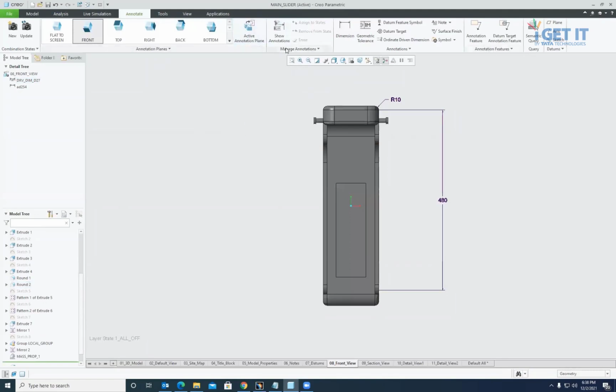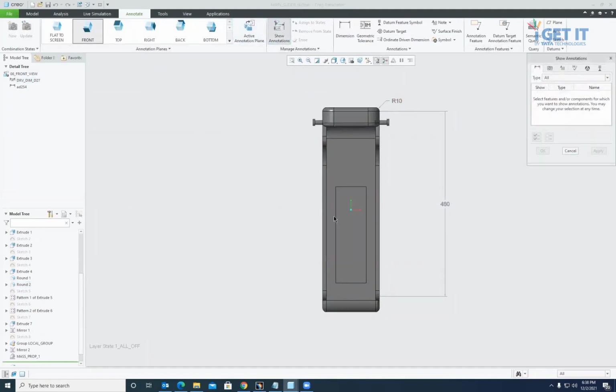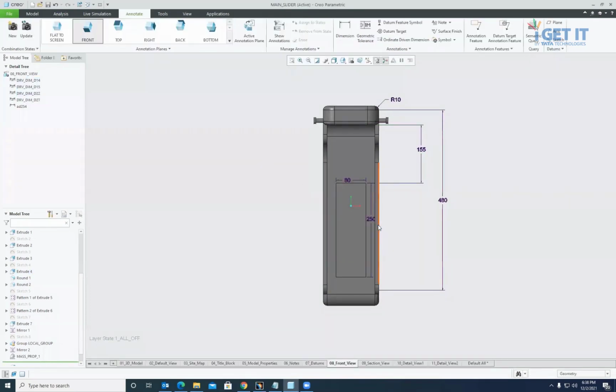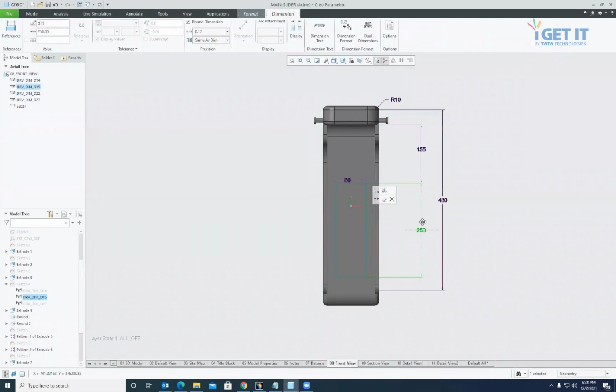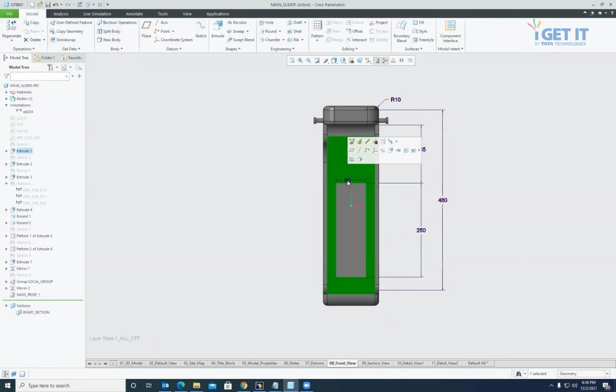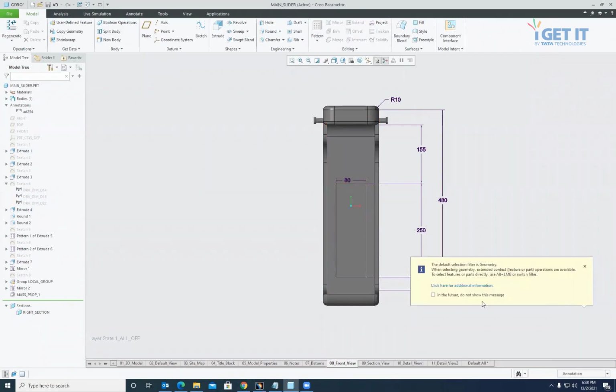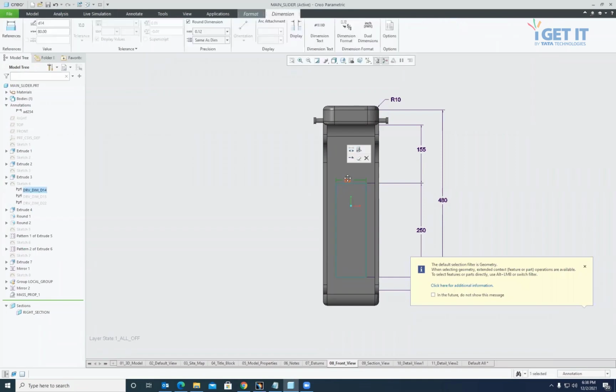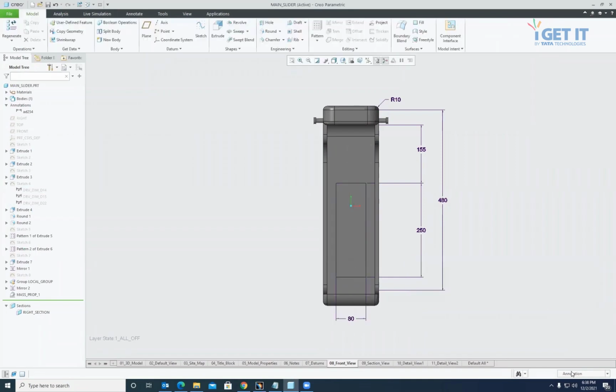Similarly, I say show annotations, and then I pick this extrude feature, and then I select all the dimensions which are necessary. Then let me arrange them.